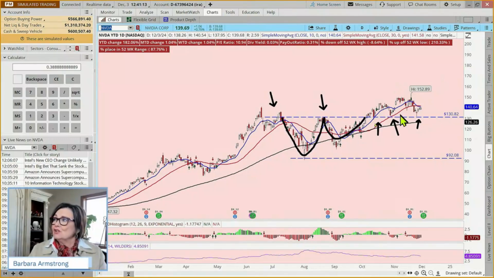Okay, so these are just patterns to look for in the wilds of looking at the charts on Thinkorswim. These are either consolidation patterns that can lead to a trend continuation, as in the case of NVIDIA, or they can be trend reversal patterns. I'm glad you like the Knights analogy. Yeah, I kind of like it too.